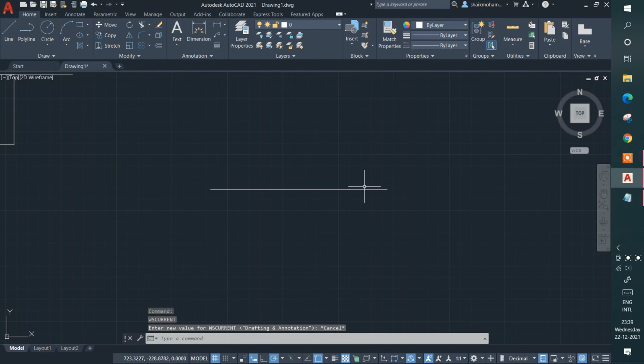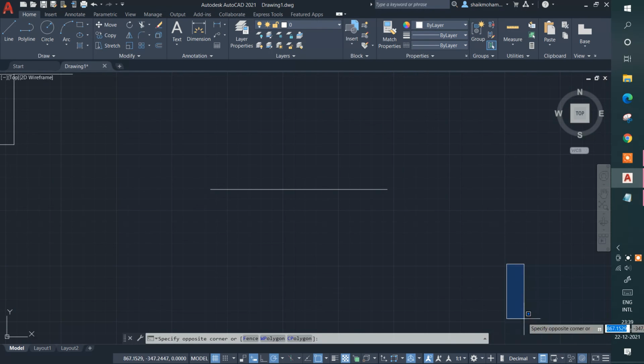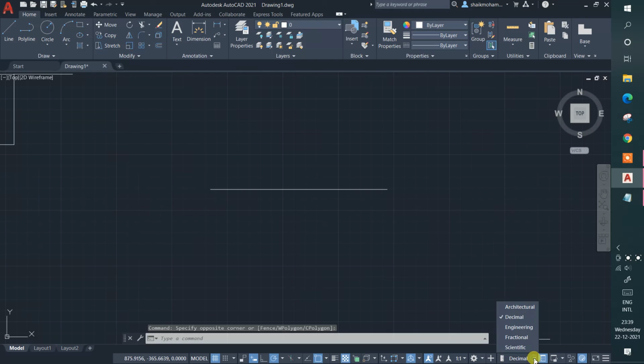We are at a very basic part. After that you can see here, what I said is to set it in decimal only, guys. What I said is why, because we're going to change in meters only. That's why I said just change it only in decimals. And then you can see quick properties. That's no need.